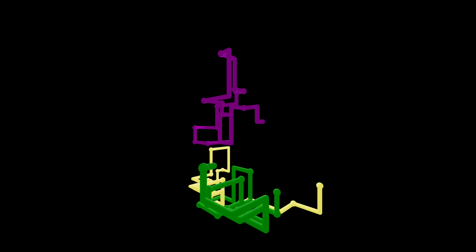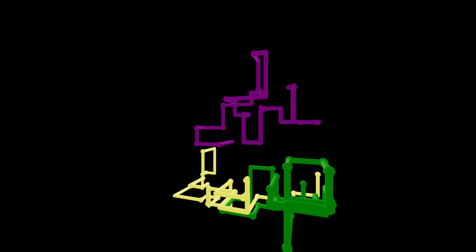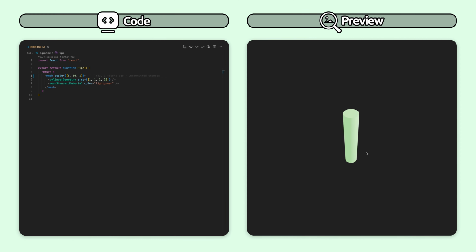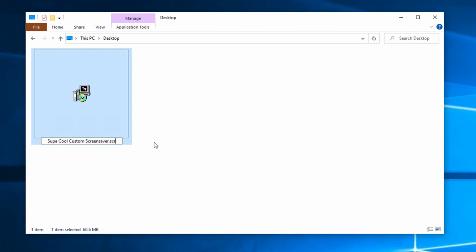Specifically, we're going to be continuing our series on how to build your own custom screensaver. This is part 2 of the series. If you're interested to get a little bit more background on how screensavers really work under the hood, feel free to check out the part 1 of the series. Or if you're just the kind of person who likes to get right into the code, then stick around and